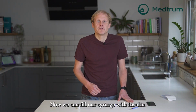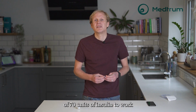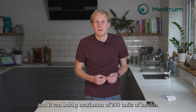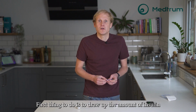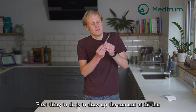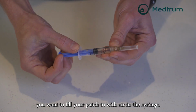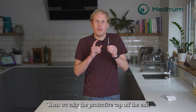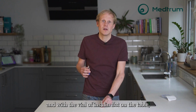Now we can fill our syringe with insulin. Remember that the pump needs a minimum of 70 units of insulin to work, and it can hold a maximum of 200 units of insulin. First thing to do is to draw up the amount of insulin you want to fill your patch to with air in the syringe. Then we take the protective cap off the end, and with the vial of insulin flat